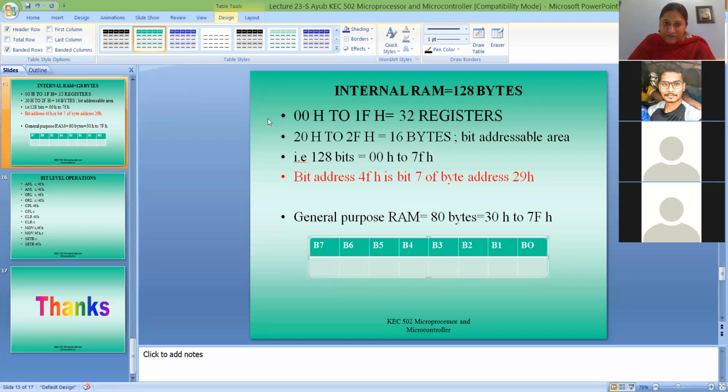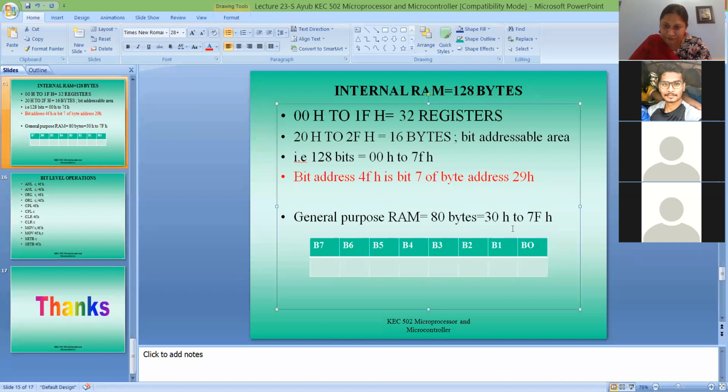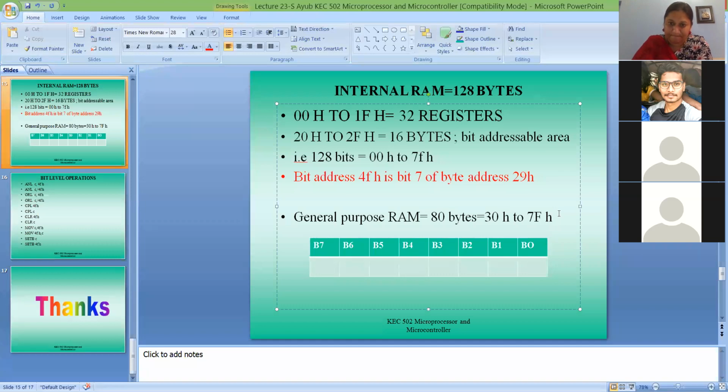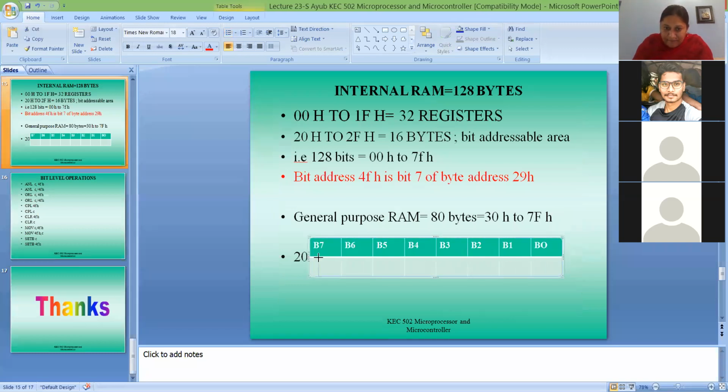Suppose this memory location is 20 hex. 20 hex is your first bit addressable byte.